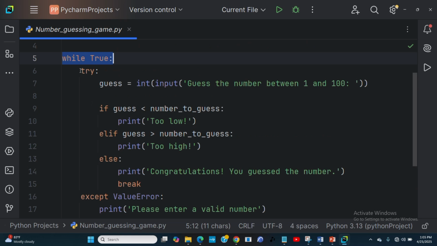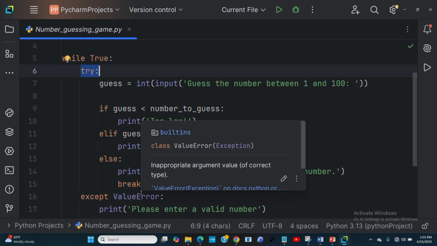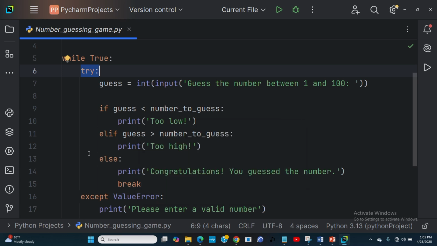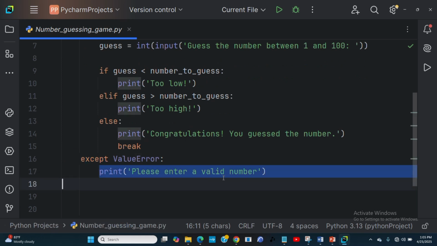So now I'm putting it inside a try block. I'm handling the exception here inside a try block, because if the user gives something out of range or different, for example, we are given an integer value and you go and give a string, it should not just throw red errors on the screen. We want something that is going to handle the exception. That is why we have the except keyword with ValueError, and we are handling this exception so that it prints, enter a valid number. You get it? So this is all about it, guys.